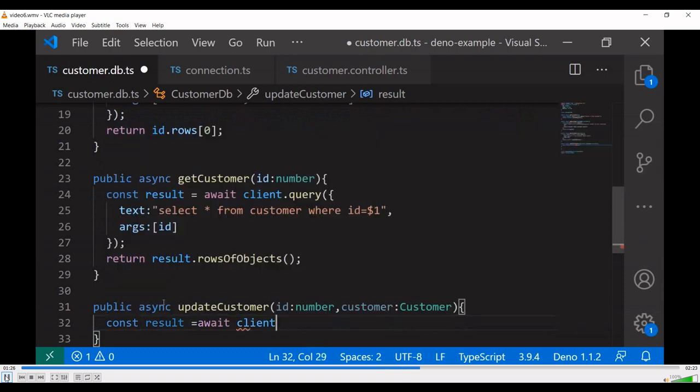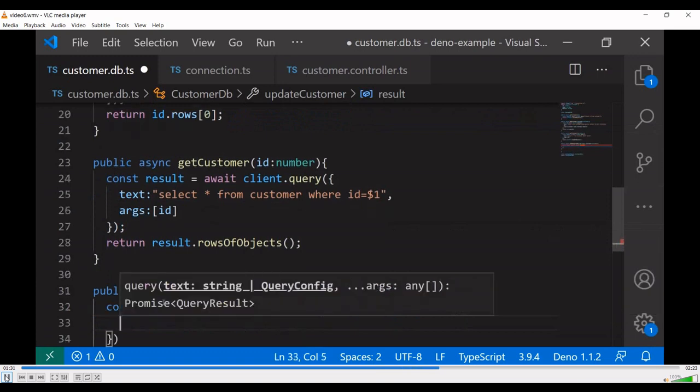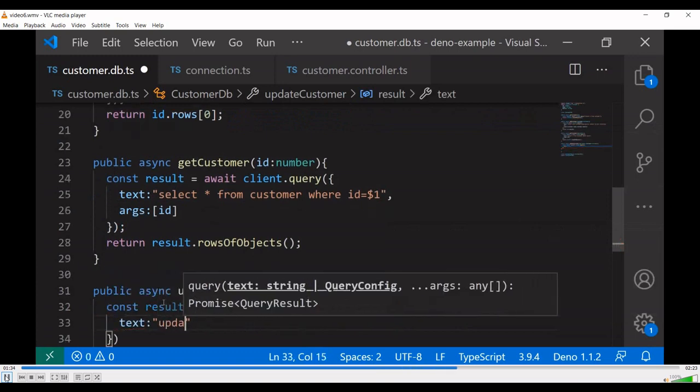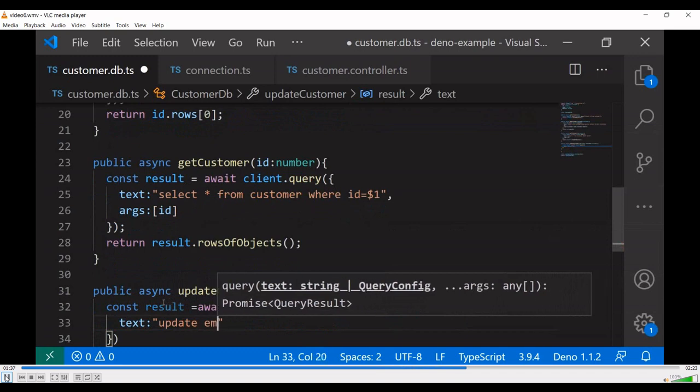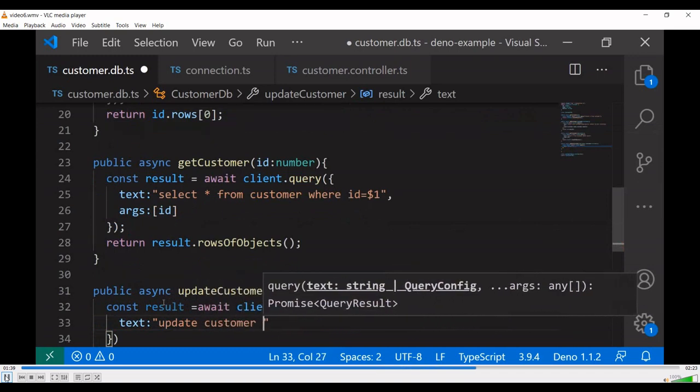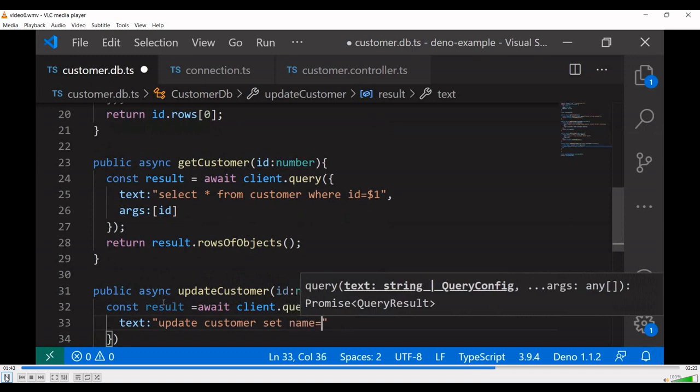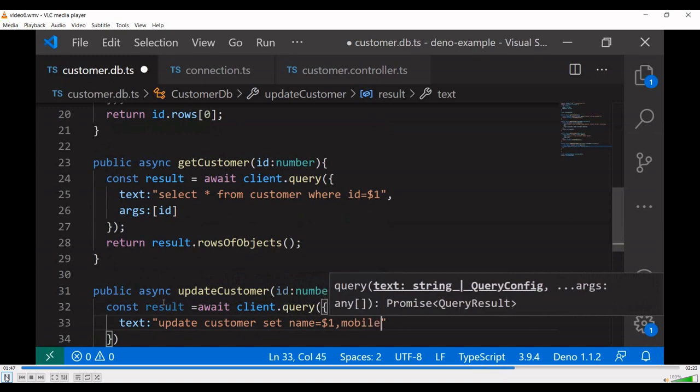Await client.query update customer set name equal to $1, mobile equal to $2, and the ID parameter is $3.